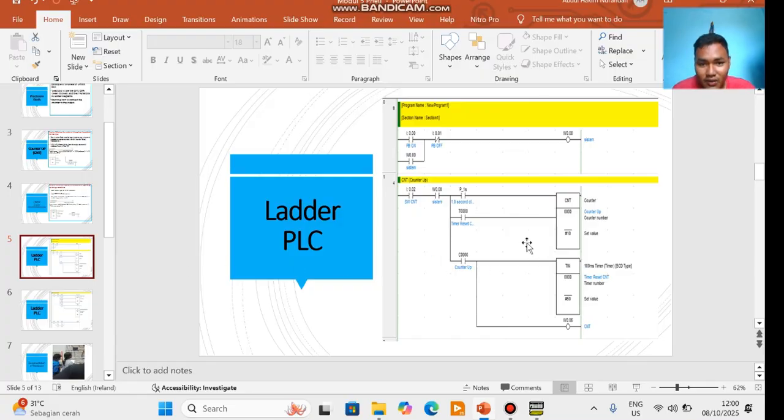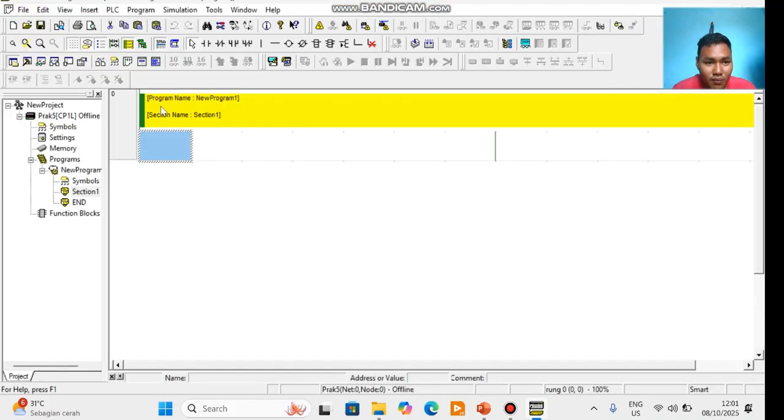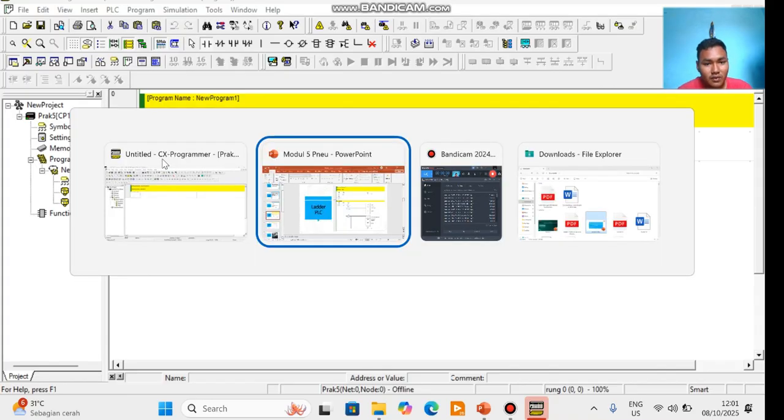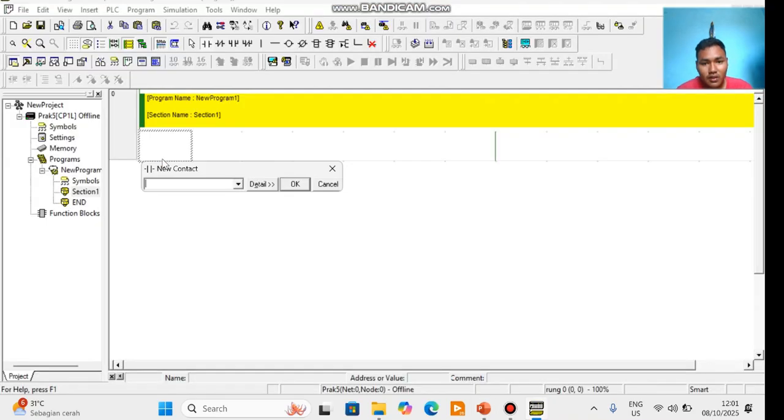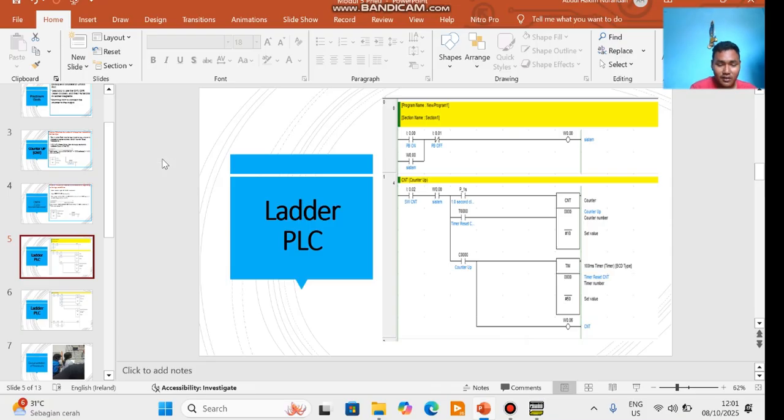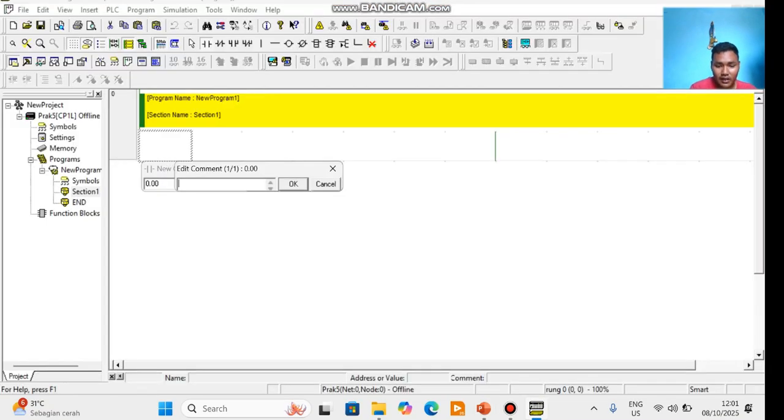Click normally open and take address 0.00, enter, add the name PB on, enter.